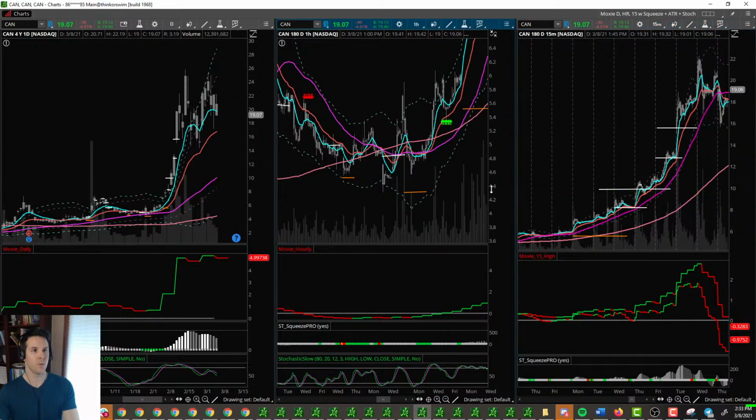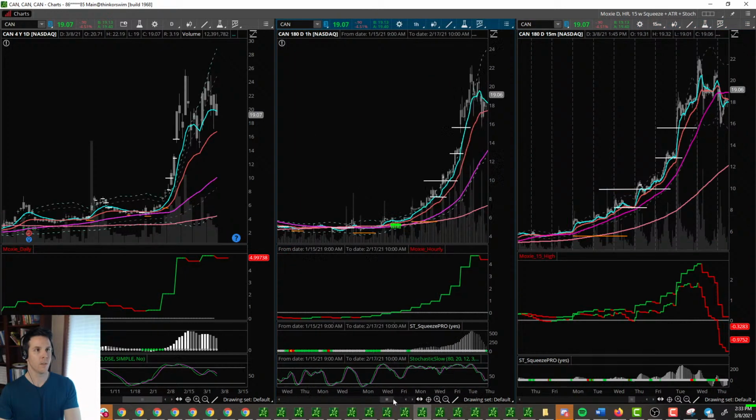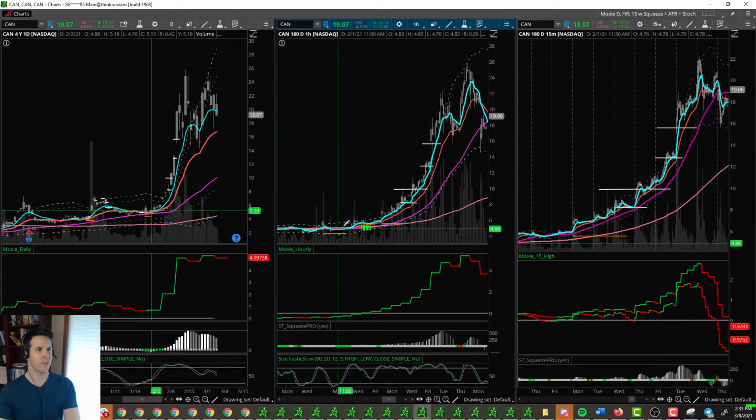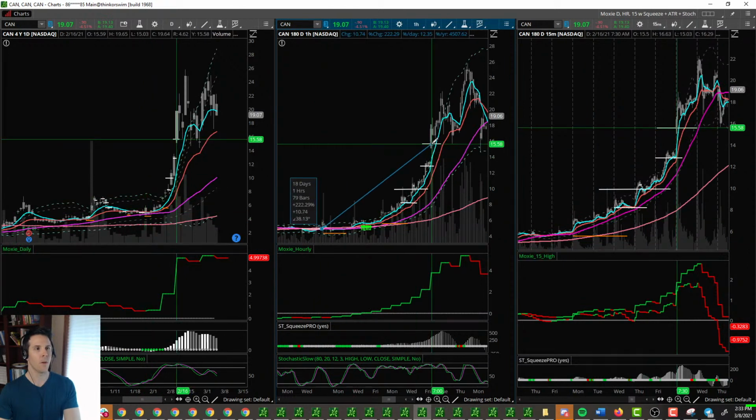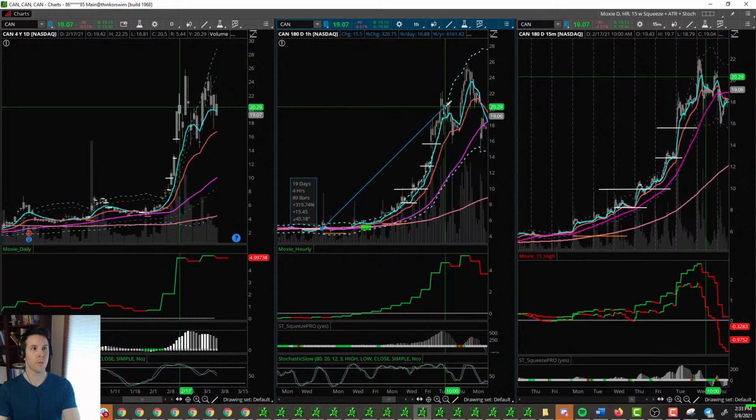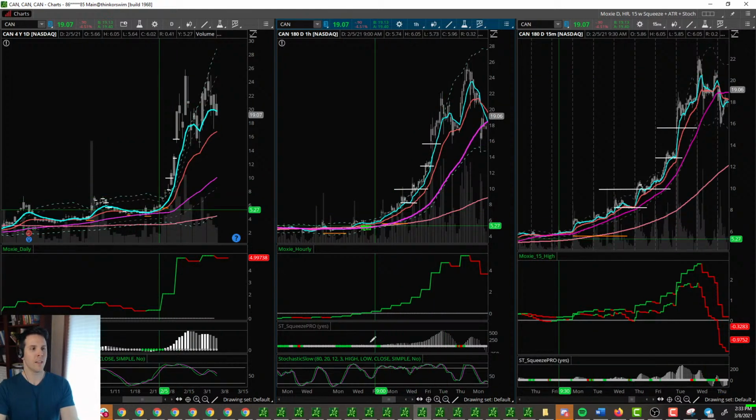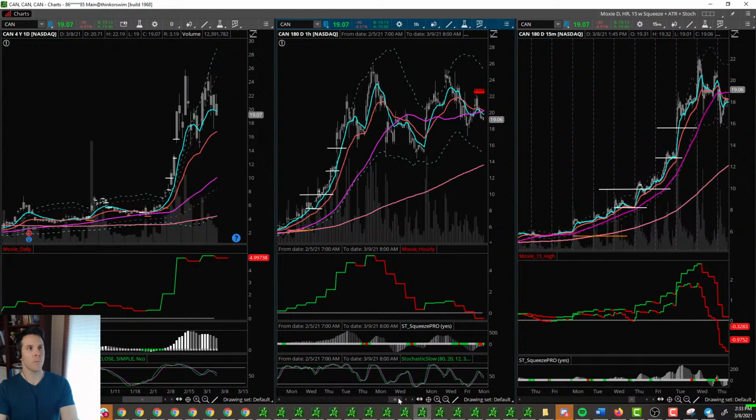So let me zoom out and see what that was. It was somewhere around here. And ultimately, I actually got out early. It was 220%, and I got out early on that one. Let's see. Ultimately, I probably would have gotten out here for 327%, so I guess I left 100% on the table on that one. But you know what? Can't be too mad at 220%. And once I was out, I'm okay with it, because look what happened.